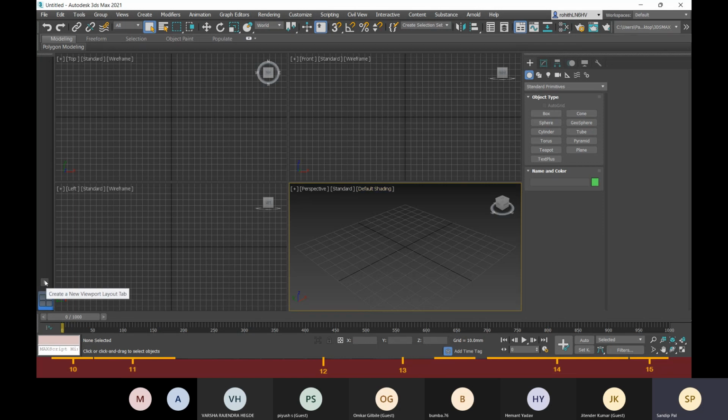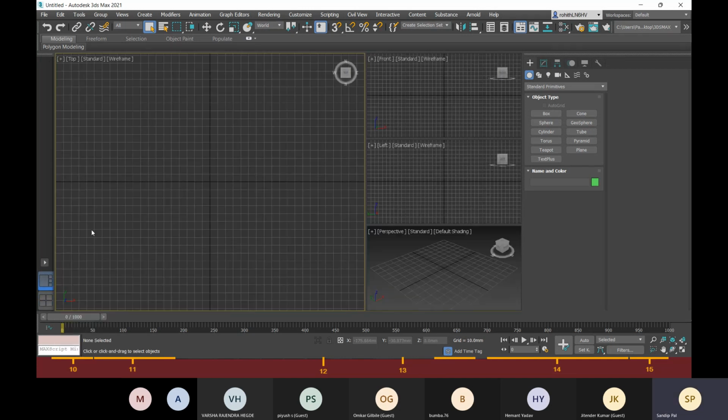So here, if you click on this arrow, you can create a new viewport layout from this list. Okay, so we have this layout list, and from this list you can choose. If I choose this layout, I have one single bigger viewport and all the other 3 smaller viewports.